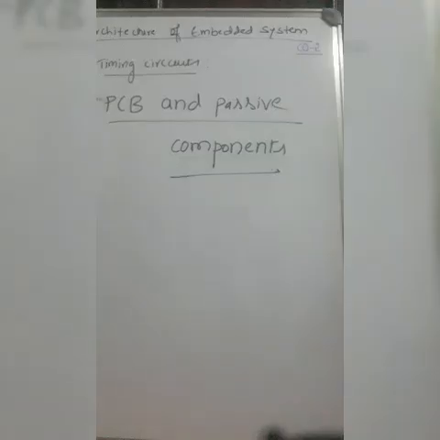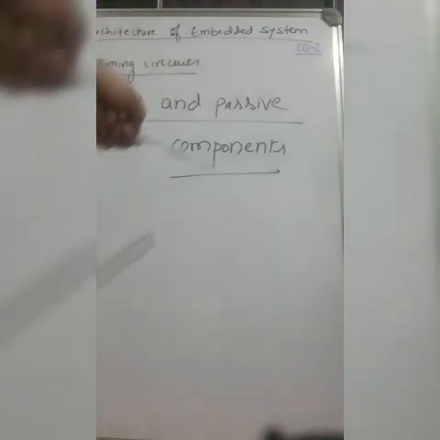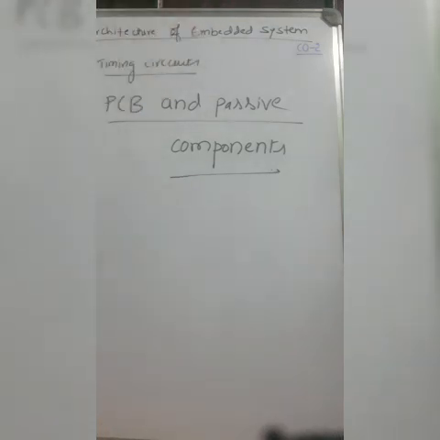Finally, we have come to the printed circuit board and passive components in the second chapter of embedded systems. These are also important components of an embedded system. Once you decide upon the circuit, you generate a schematic design and then do the fabrication to create a printed circuit board. A printed circuit board is like a platform on which you mount all components. Passive components like capacitors and resistors have to be mounted, and diodes have to be mounted.